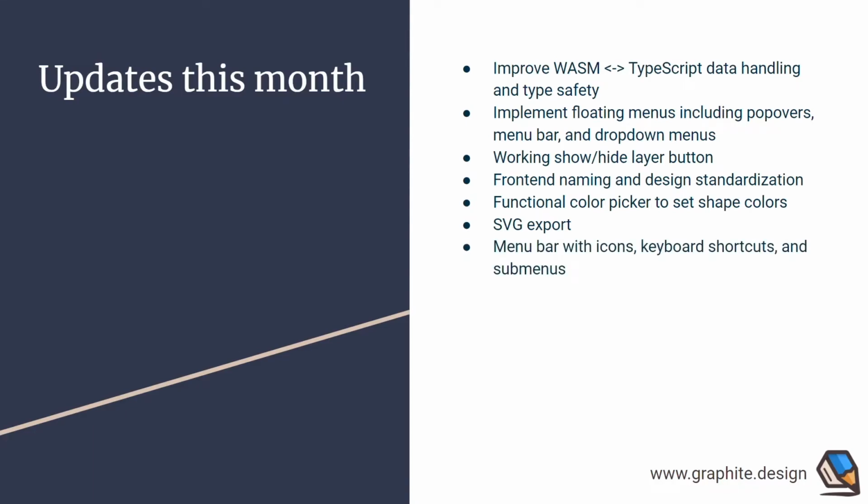And then also we've got a menu bar with icons, keyboard shortcuts, and submenus. So if you go to File, Edit, View, and so on from that top menu bar, you can go ahead and navigate through those. And for example, you can hit Undo or you can hit SVG Export, and it will actually function. And we've got a drop-down menu input widget as well, which is a big accomplishment because it's actually kind of challenging to implement that. And I'll show you that in the demo.